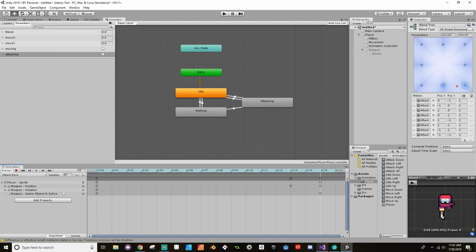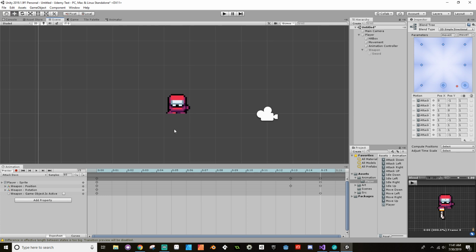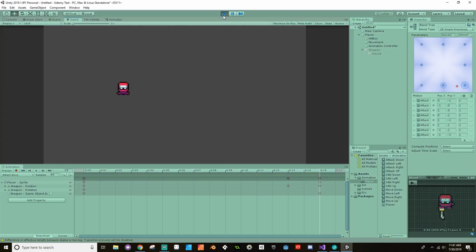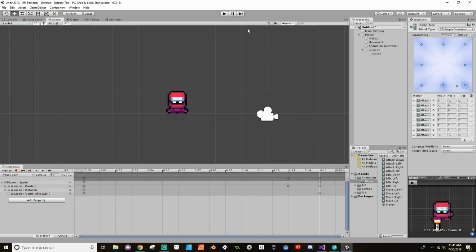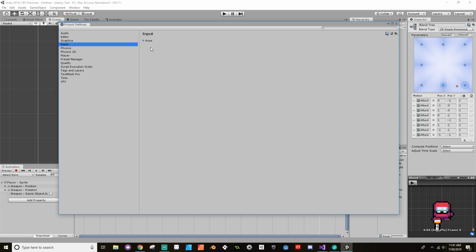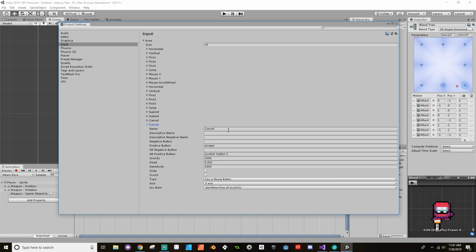All right, so now let's make our attack actually work. So first thing I'm going to do is go to project settings, input, I'm going to add a new axis, 19. I'm going to call this,